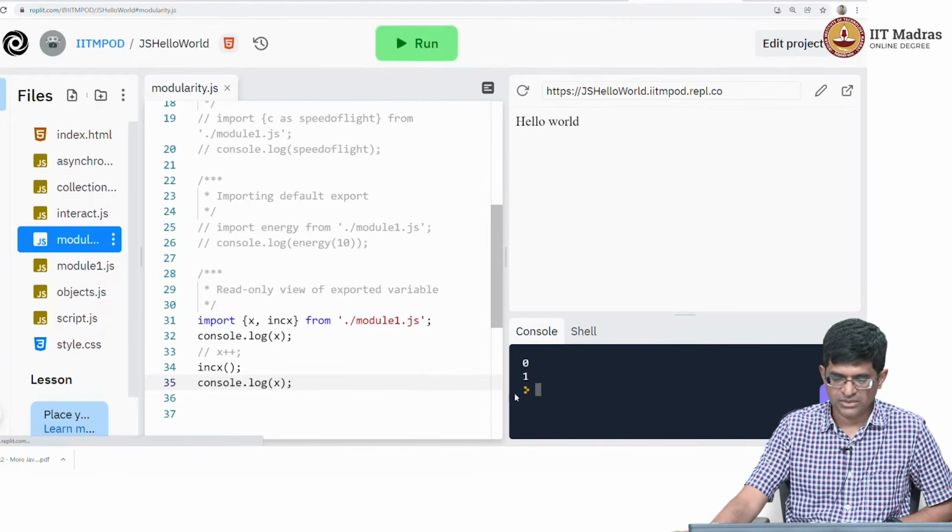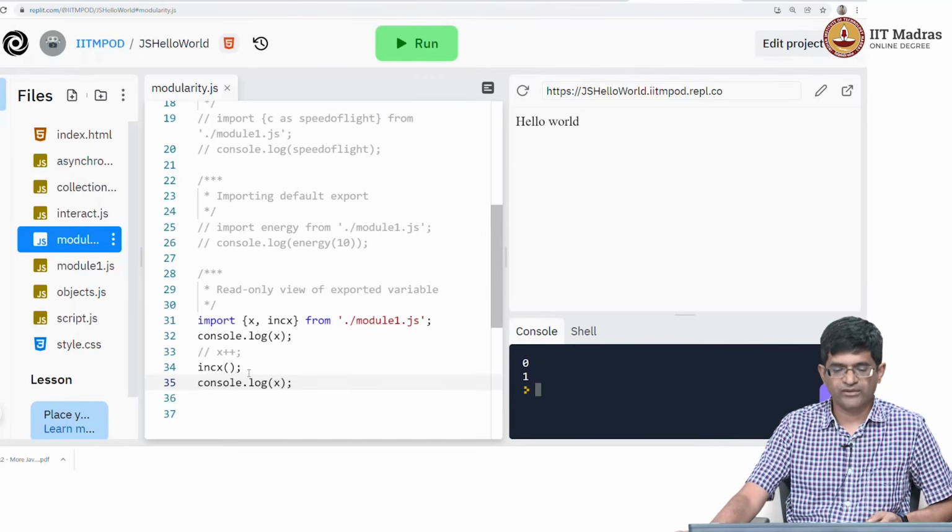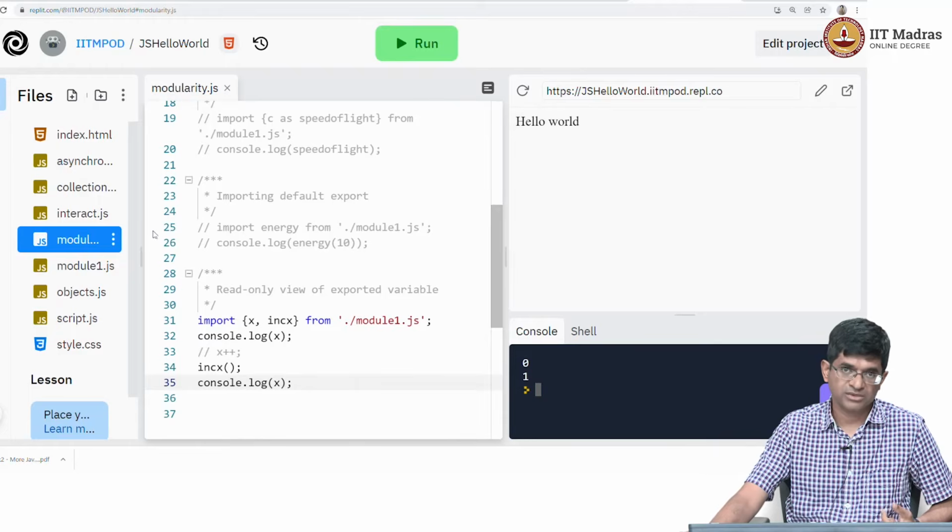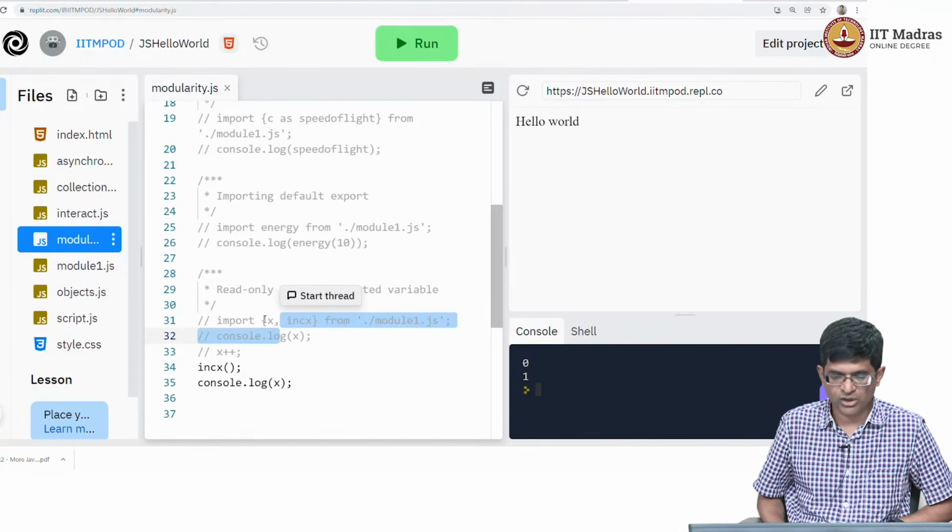It does change the value to 1. Okay. So in other words, the only way of changing a value that is being imported is by calling the functions that were also written in the same scope as the value that was being exported. And by doing that, we can have the behavior that we want, where we have a value that changes over time and can be modified, but cannot directly be modified using something like an x++ over here. Okay, so that's an interesting thing to keep in mind when you are exporting